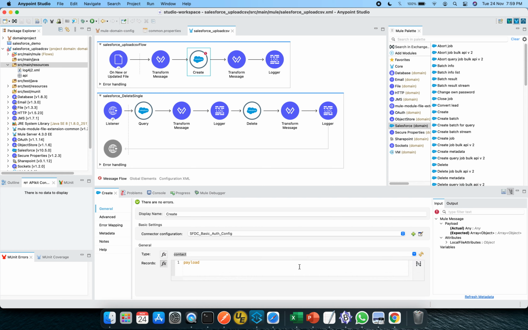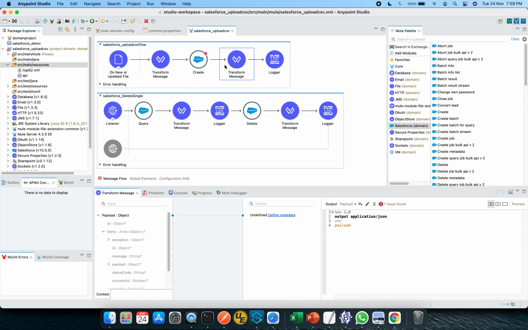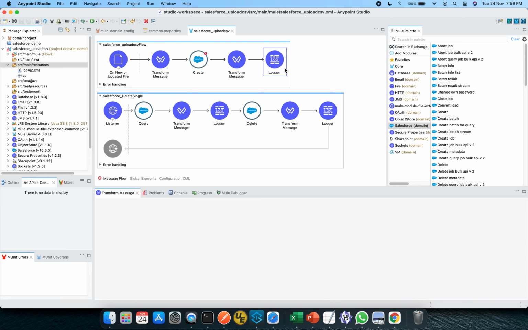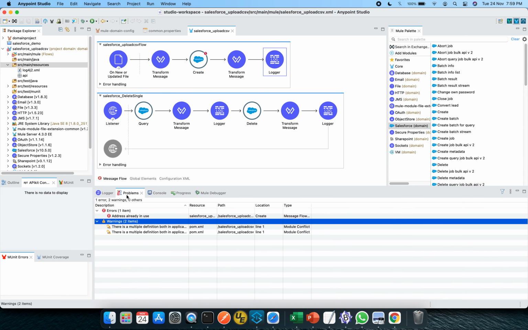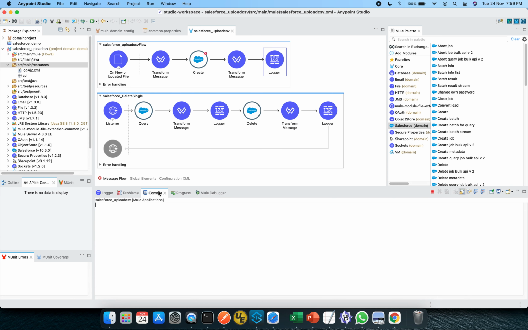Similar to that, we can have accounts and leads, and many other pre-populated objects are already available on the Salesforce site. In the records I have mentioned payload, and whatever be the output of this create activity I am going to convert into JSON, and after that I am going to log it. So this is a fairly simple, easy flow with the capability to upload some of the records from the CSV, and we should be able to see some new records within our